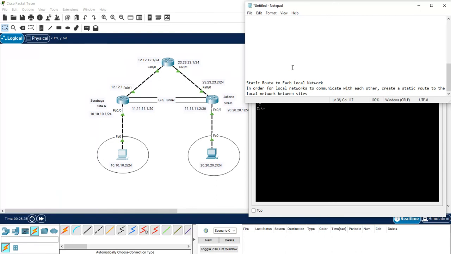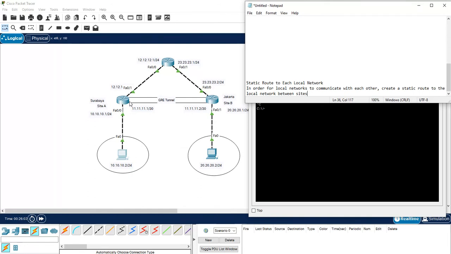To connect the two computers, we should put a static route to the local networks. In order for the local networks to communicate with each other, create a static route to the local network between sites.